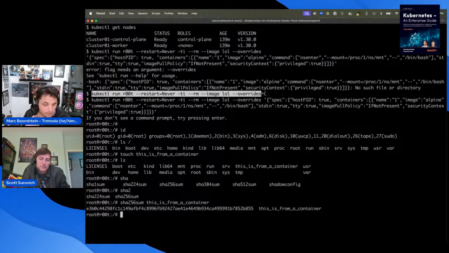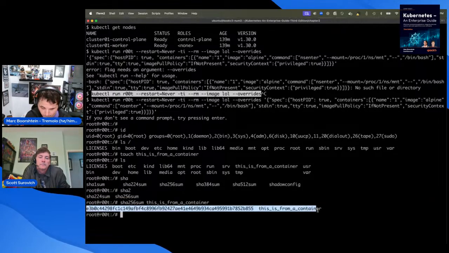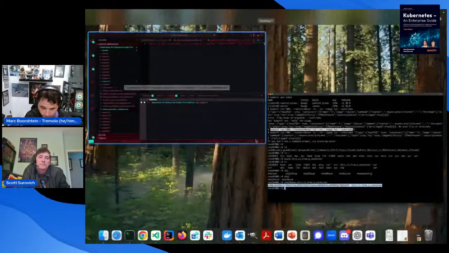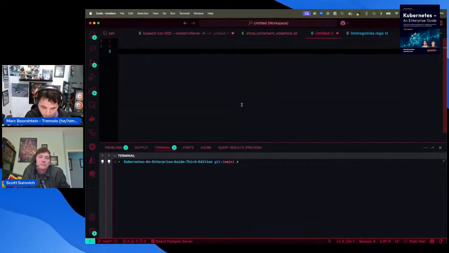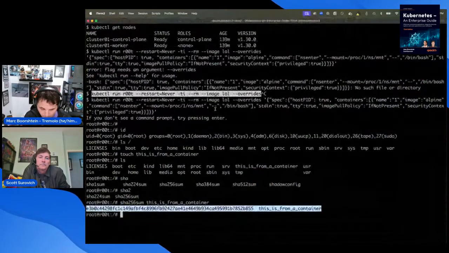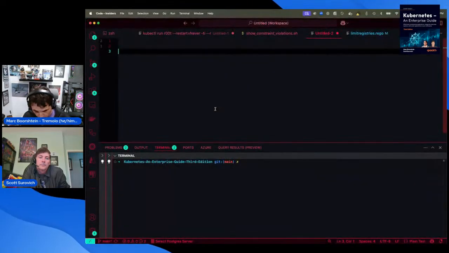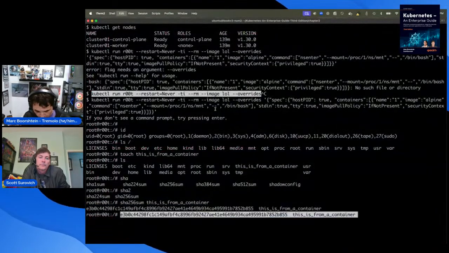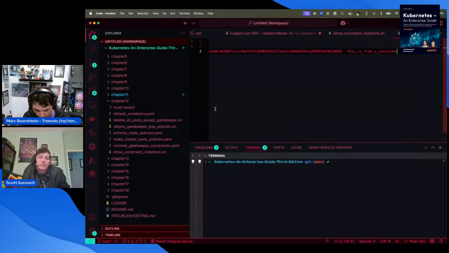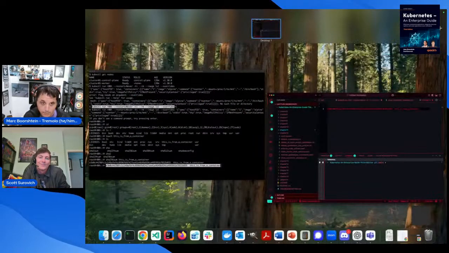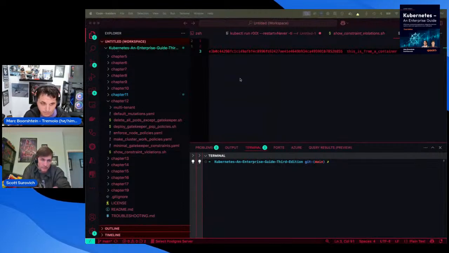That's my SHA sum from this file I just created. I'm just going to copy this, put it someplace else. Because I don't know how to use my keyboard. There we go. All right. So now let's go ahead and exit.